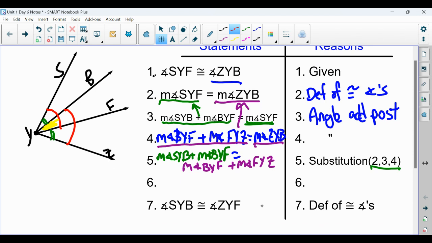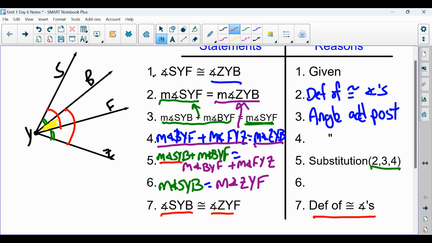Perhaps that would let you work backwards and say, if I got that these two angles are congruent by the definition of congruent angles, the only way I get that is by saying that the measure of SYB is equal to the measure of FYZ or ZYF. Where does that come from? Well, going back to step 5 says